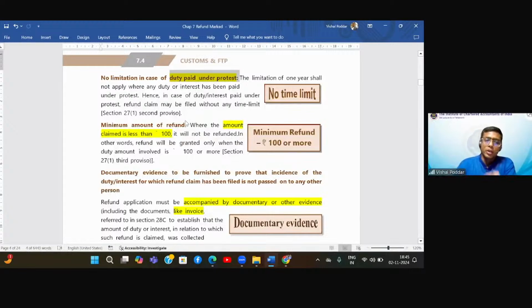The choice you have is you can litigate. But for litigation, many times, either voluntarily or because it is the requirement of the law, you first pay the amount. Now, when you are paying the amount and then going in for litigation, it is called duty paid under protest. So you are not accepting the liability, but for the time being you are paying it,